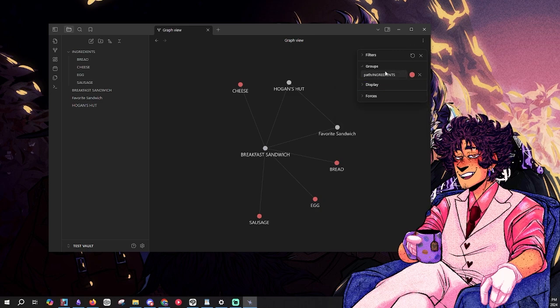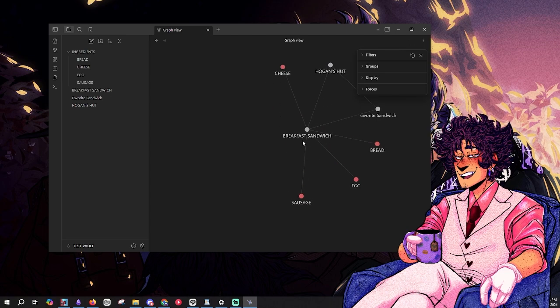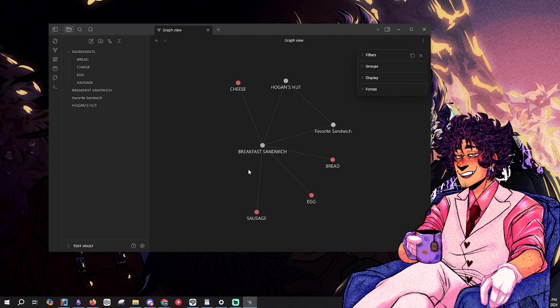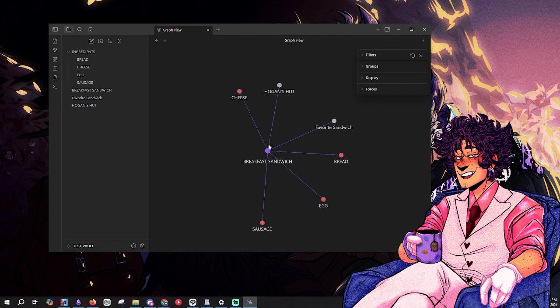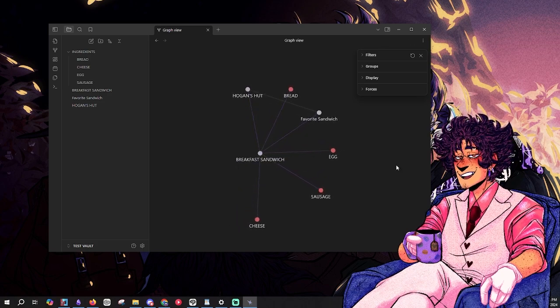So all ingredients are now red, right? And we can do this with folders, with specific tags, with so many different things. And you can zoom out like crazy. You can have a huge mind map, and you can just see how everything is kind of connected, and it all comes together, and it has to do with breakfast sandwiches, right?